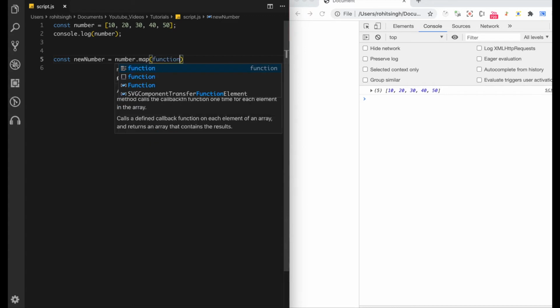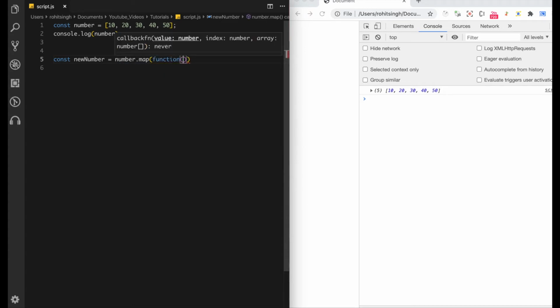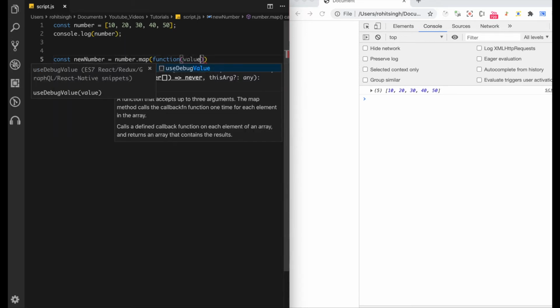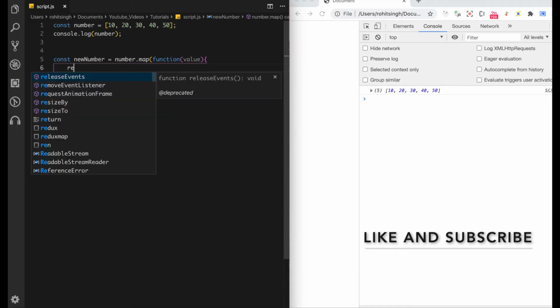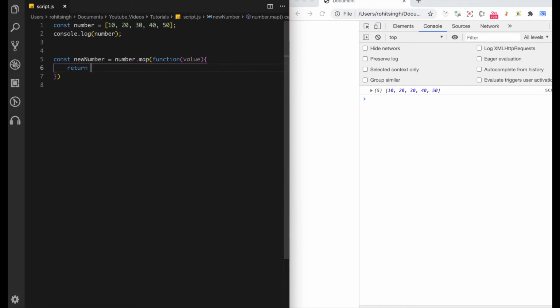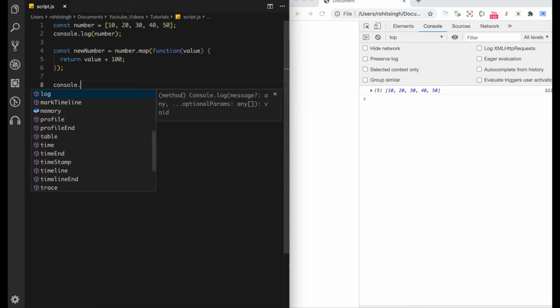Let's define a function. Let's pass one argument named value. Now we will have to return value plus 100. Now let's print the new array,